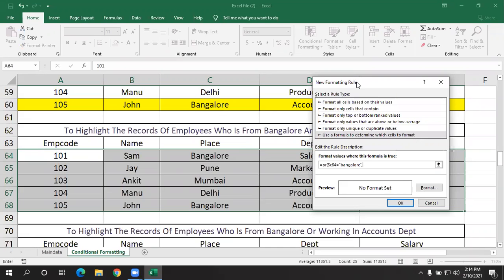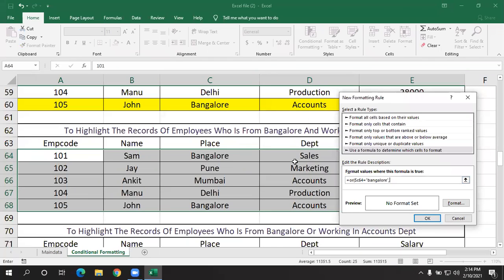Next is what? Department. So which department? Accounts department. So let's give $D. I have locked this D column because it has to search in this column for a department. So again, the range you have to give. So I have selected data from which row? 64th. Then give equals. Now within double quotes, you can give here